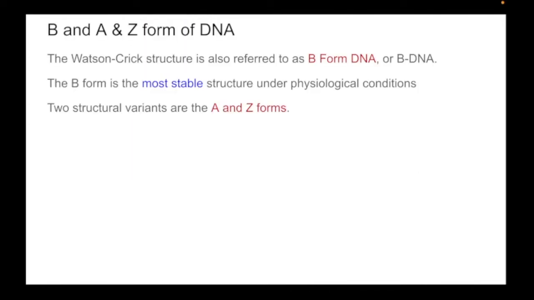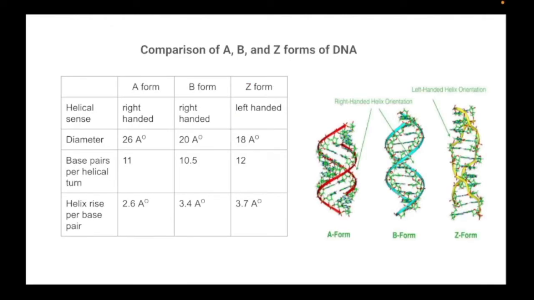Watson and Crick gave the structure of DNA and it is known as B-DNA or B form of DNA, which is the most stable structure under physiological conditions. Two other structural variants of DNA are also known, which are the A form and Z form of DNA. The difference between A, B and Z form of DNA is that A and B form of DNA are right-handed helix and Z form of DNA is